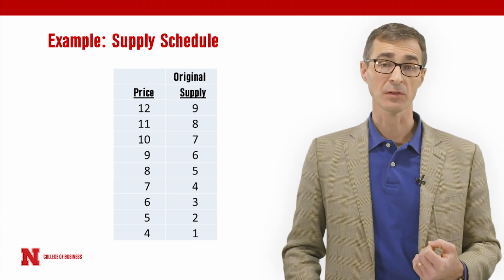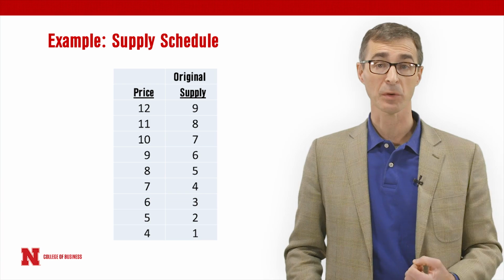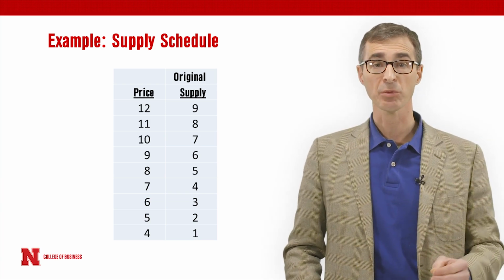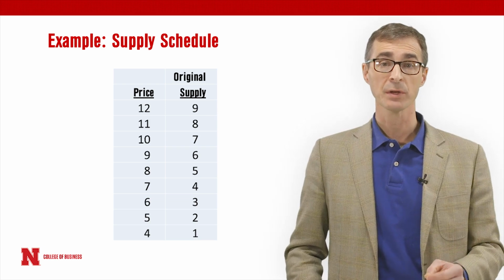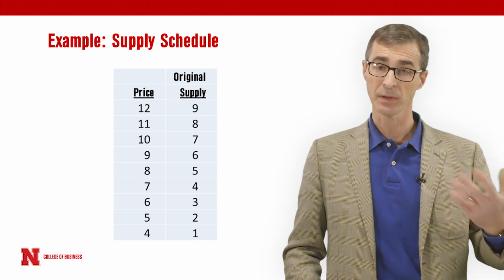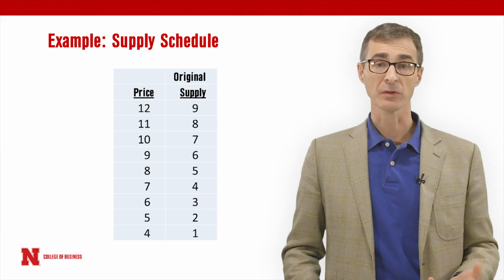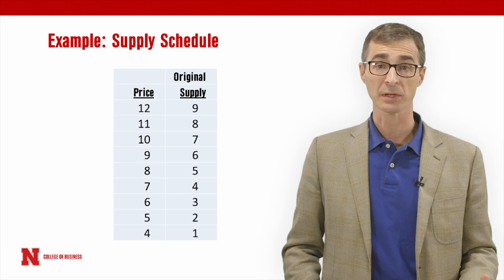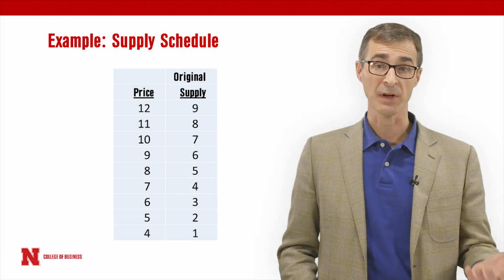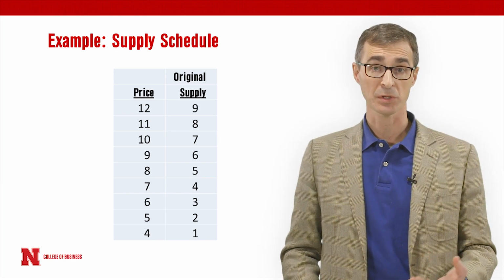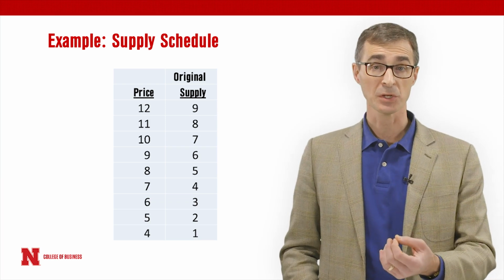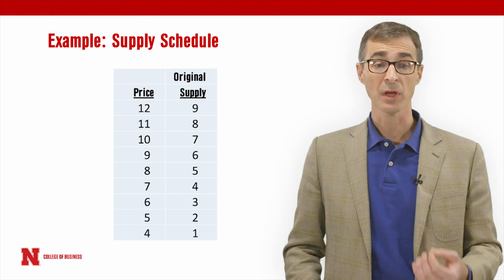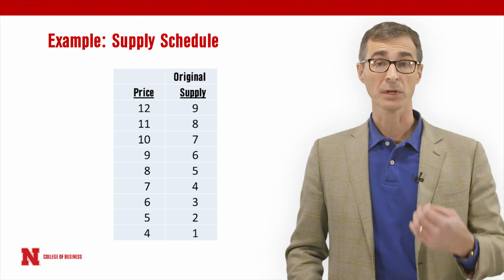Suppose, in this example, that we have 9 sellers in the market that we're considering, just like we had 9 buyers a moment ago. We have 9 sellers willing to sell their product for between $4 and $12. Here, however, if we look at the supply schedule, and intuitively this makes sense, lower prices will induce fewer sellers into the market. So at a price of $4, we have only 1 seller who's willing to enter the market. As prices go up to $5, we have 2 sellers willing to participate in the market. A price of $6 brings an additional seller in for a total of 3, and so on. It's not until the price rises to $12 that all 9 of our suppliers are willing to enter the market